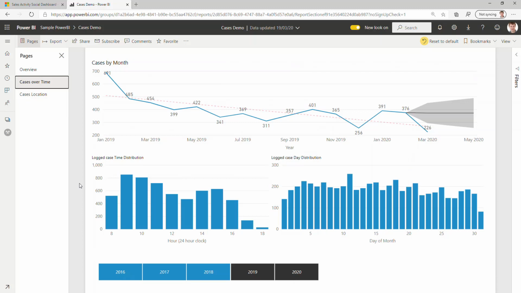So one of the things that we can do for you is we can look at the cases that were created and the cases that were closed, do some wizardry in essence, and then give you a number. Here we've got October 2019, there were 400 cases open with this system. And at the bottom you've got a distribution of when the case was logged in terms of time and day